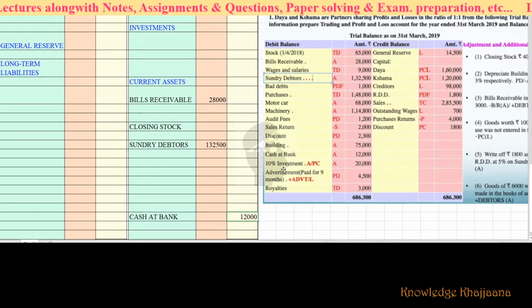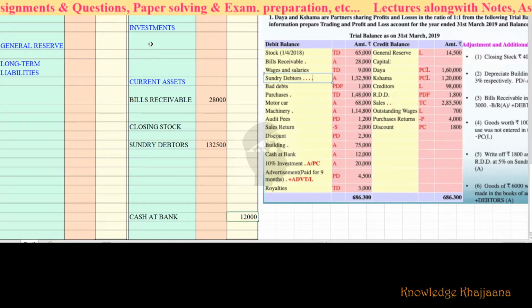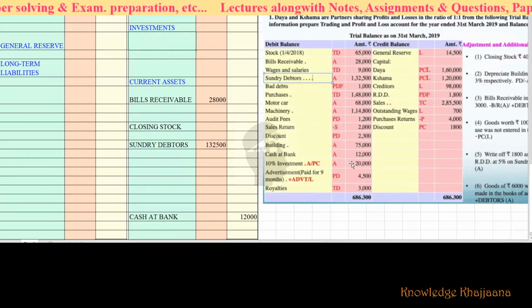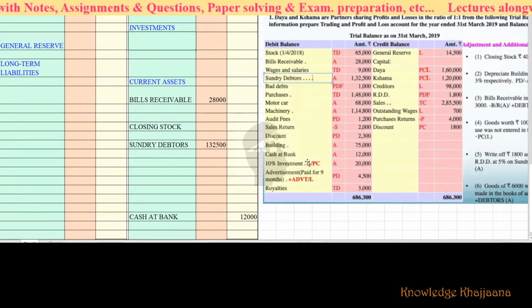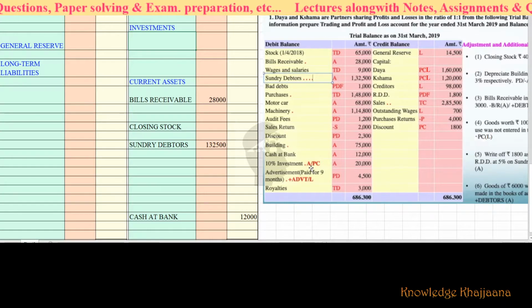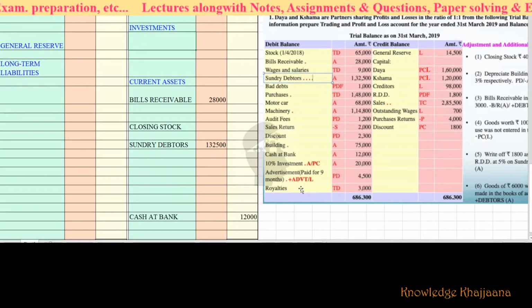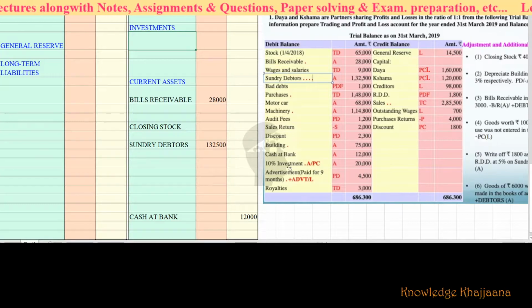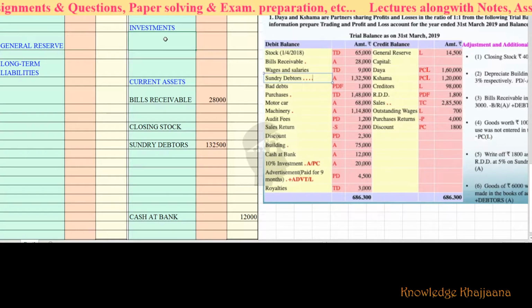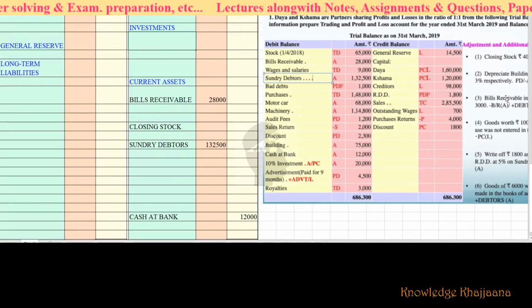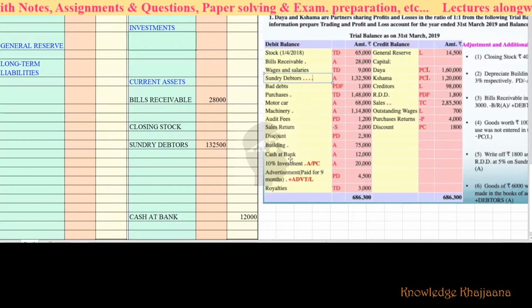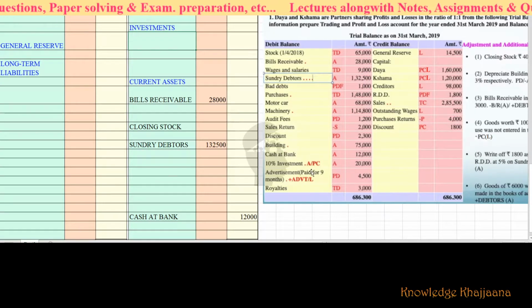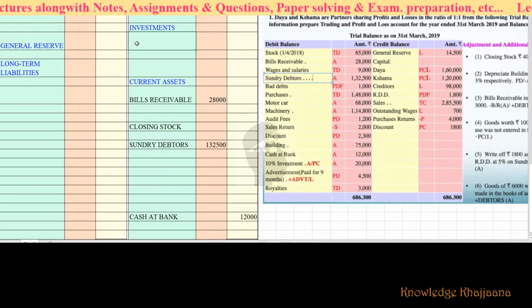Then 10% investment. See, for the 10% investment, what will we do? We write over here. It is a hidden adjustment. Always remember, for the hidden adjustment, you have to solve it immediately because there is a chance that we may forget it. But for these additional adjustments, we can read them later on and we can solve them also. But for the hidden adjustment, as there is the possibility of forgetting, we have to record it immediately.